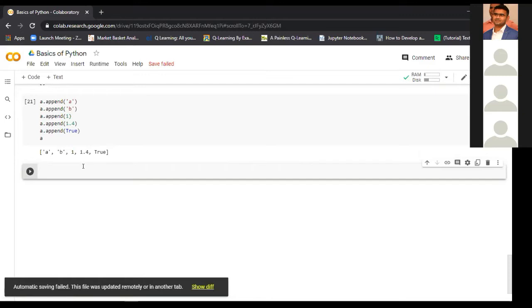So there is another method to sort the elements. Let's say we have the list L1, and let's take a numerical example so that we can understand it better.